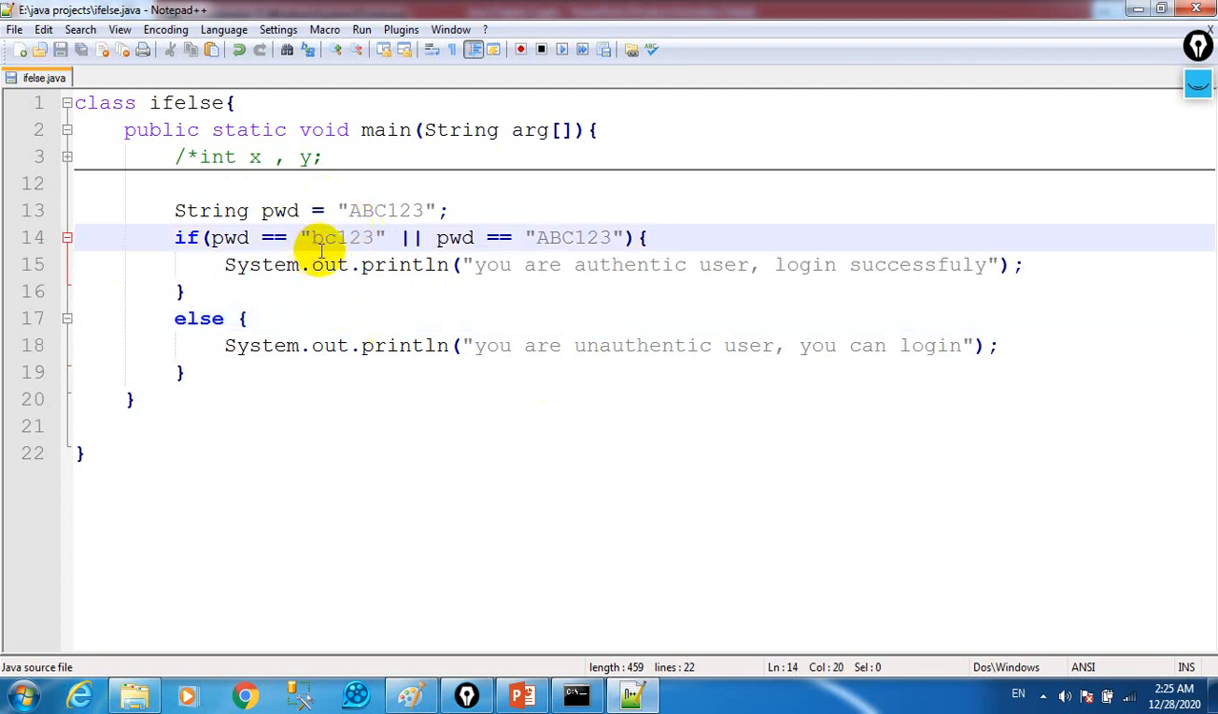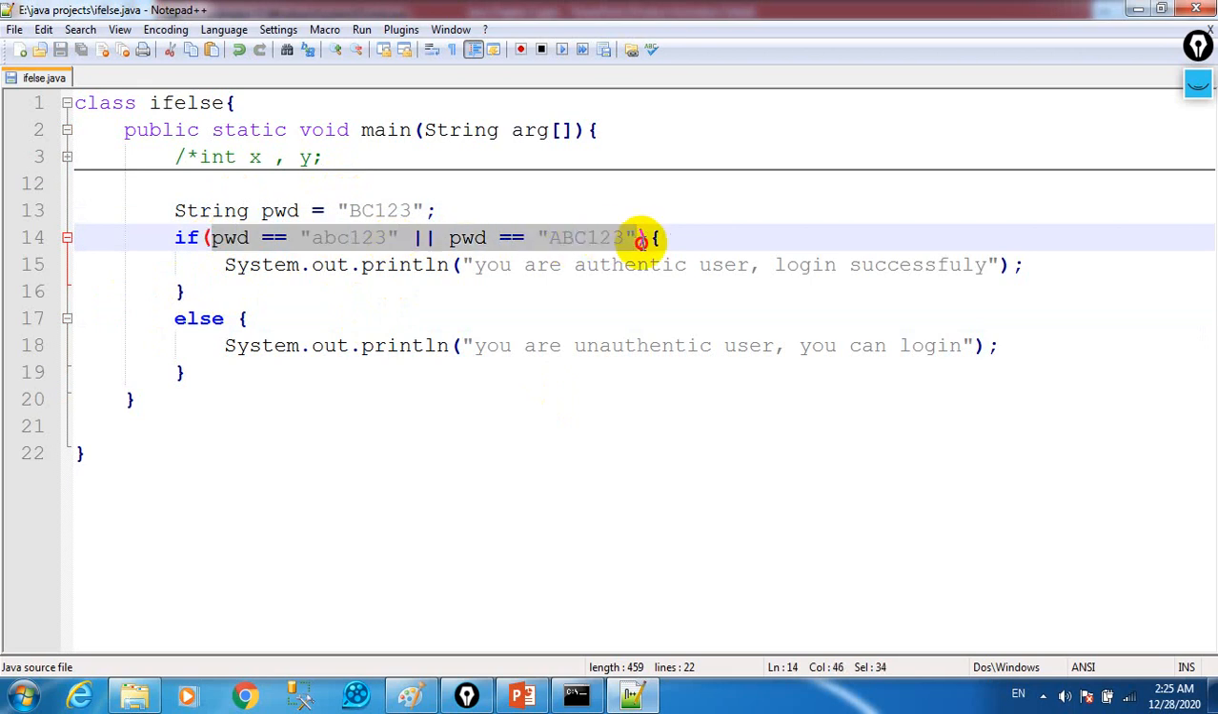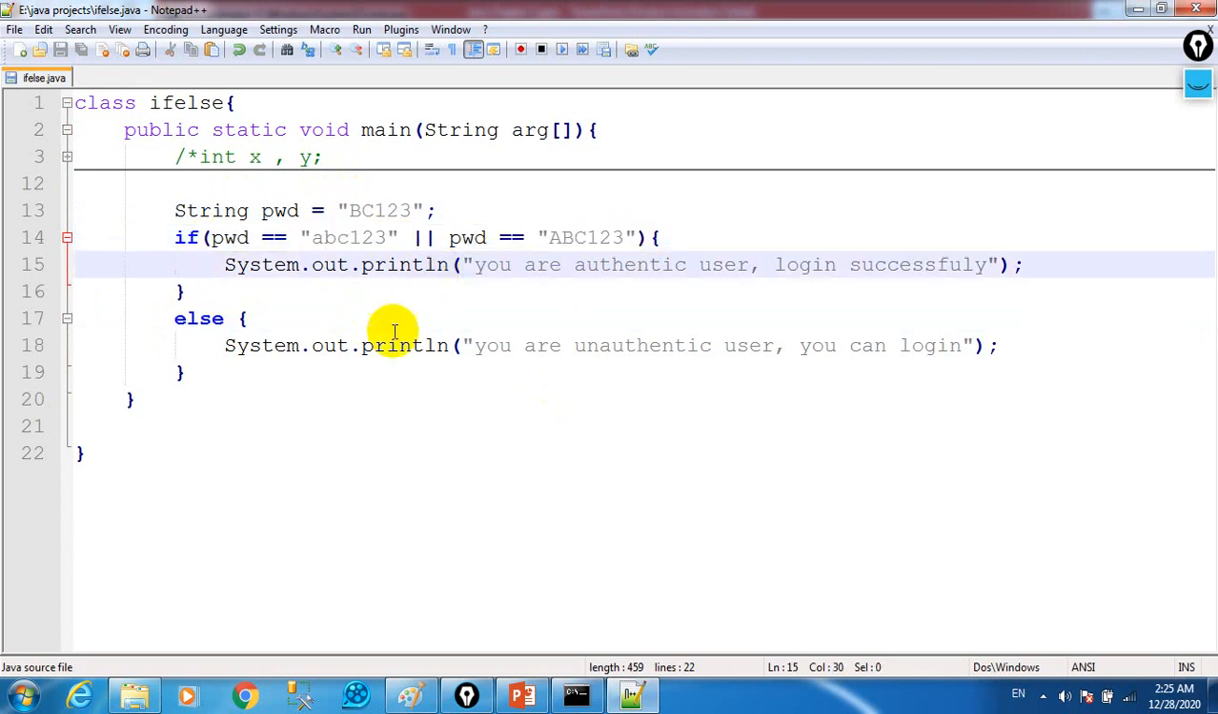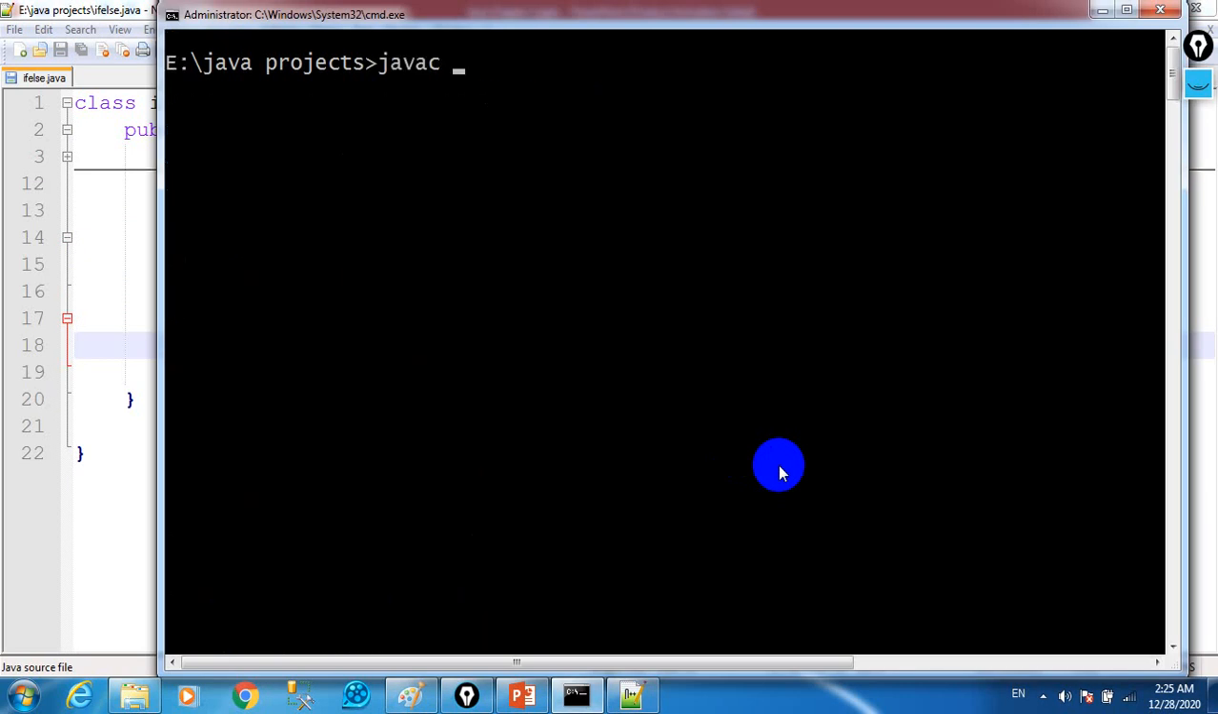Control plus z. Here, if for example we take one wrong, then one condition is not true, the second is false. If both are false, it means the complete statement is false, so this will not execute and this will execute. Save this, let me check this. Javac if